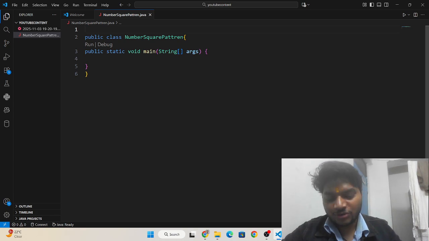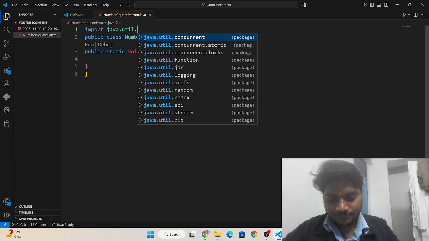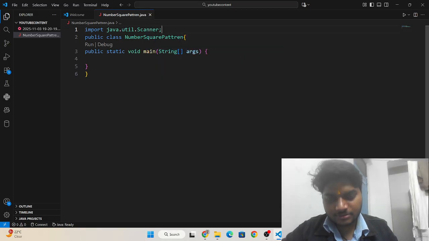Now I am going to import java.util.Scanner because you have to take user input. That's why.